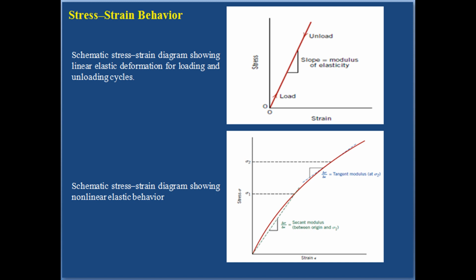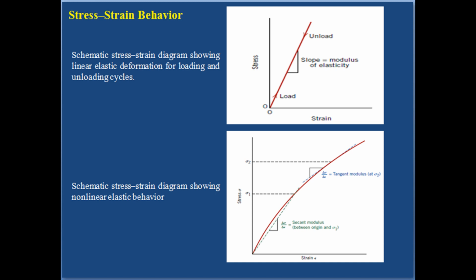There are some materials, for example, grey cast iron, concrete, and many polymers for which this elastic portion of the stress-strain curve is not linear. Hence, it is not possible to determine a modulus of elasticity as described previously. For this non-linear behavior, either tangent or secant modulus is normally used.